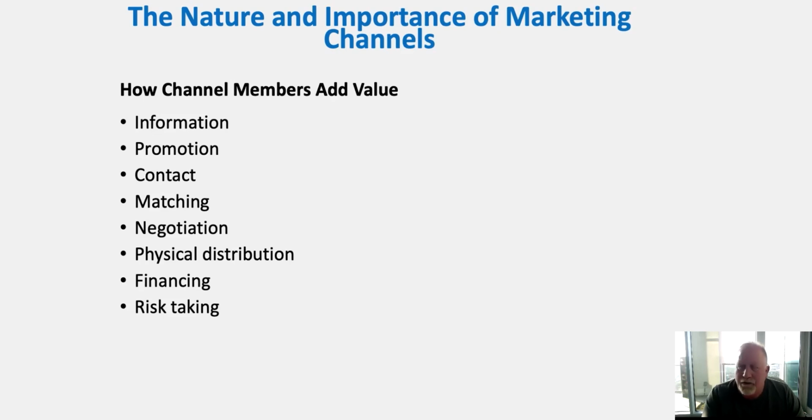But what they do is you go in and shop for your Toyota, and then they develop a financing plan for you. They can add their own financing plan to make it possible for you to have that Toyota. They bear risk by having products and services to distribute in their stores. So there's a lot of things that they do to add value on top of simply making an opportunity for somebody to just buy from them.